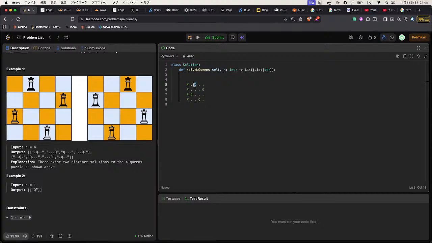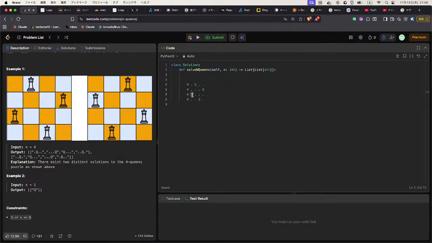We already have 2 queens on the board, and we are trying to place a queen here, and we already checked the vertical line and horizontal line. So all we have to do is check the diagonal line, and we have information about the position coordinates where we have already placed the queens,